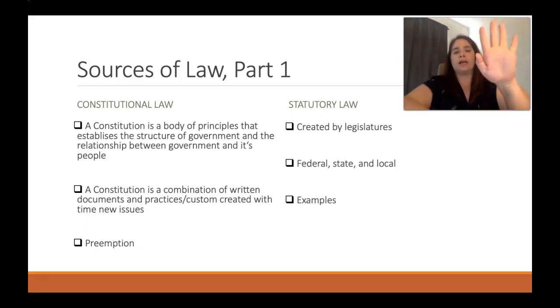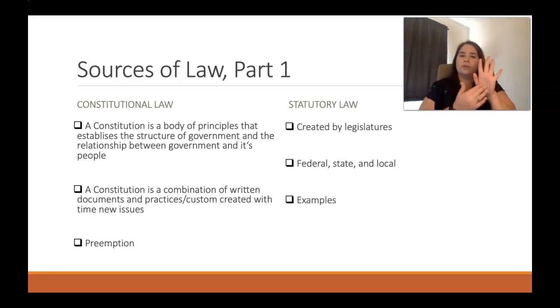So we have that written document, but obviously, like in our country, the written document doesn't change. So how does the body of constitutional law and case precedents change? Well, it changes because we, in the law, judges, lawyers, cases, will change how we practice and how the Constitution applies to us customarily. As new issues arrive, great example, cell phones, the Constitution and our interpretation of how the Constitution governs those new issues, that's where we get new constitutional law developing.